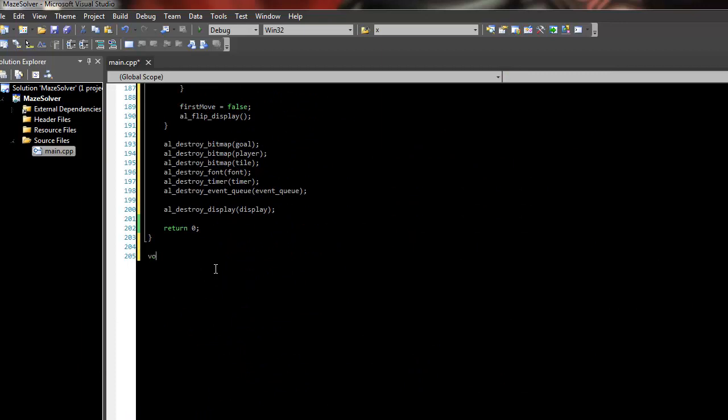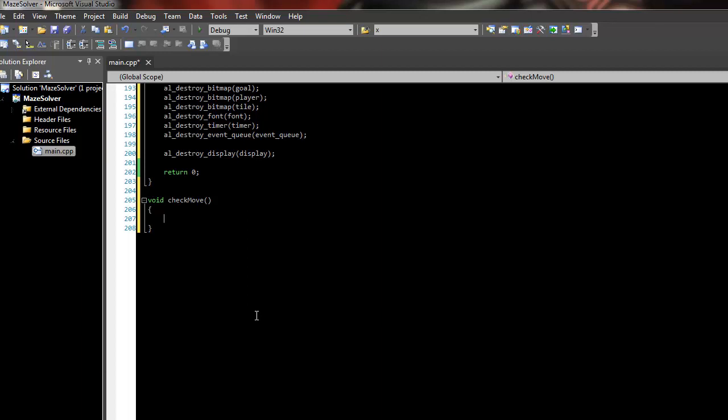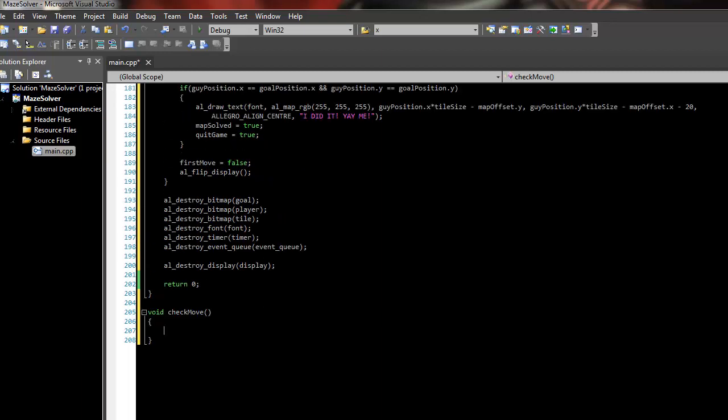Oops. void CheckMove. And actually, hold on one second. Hold on. Okay, let's get right into this CheckMove. So, first of all, we need to check if the direction is up, then